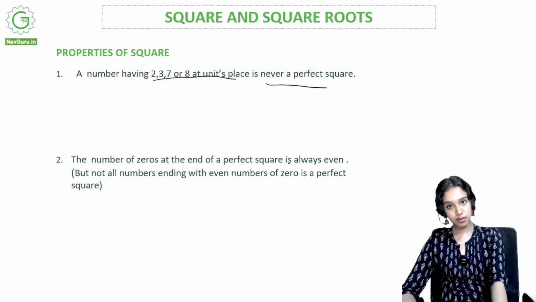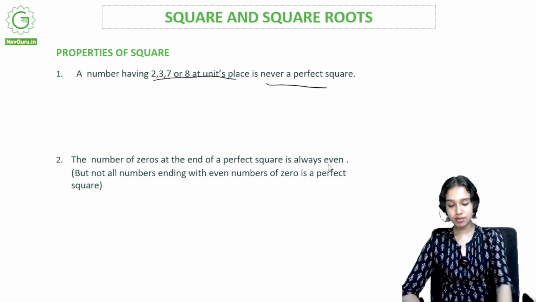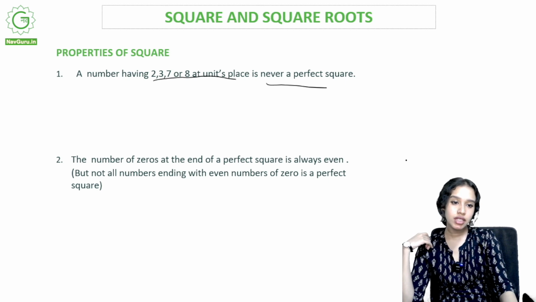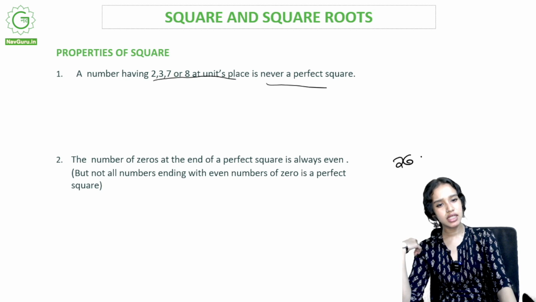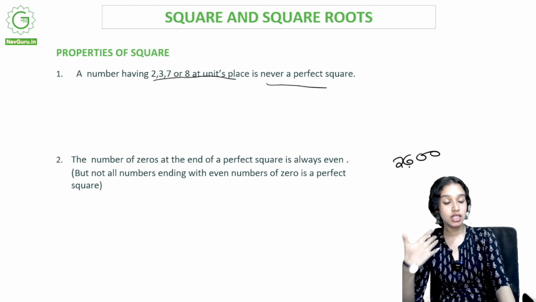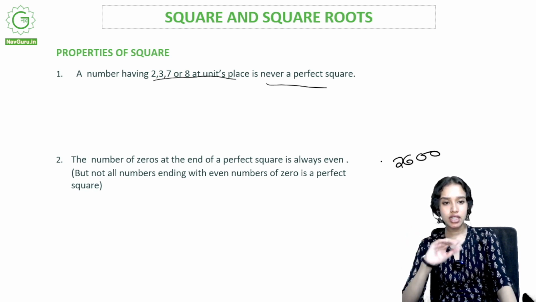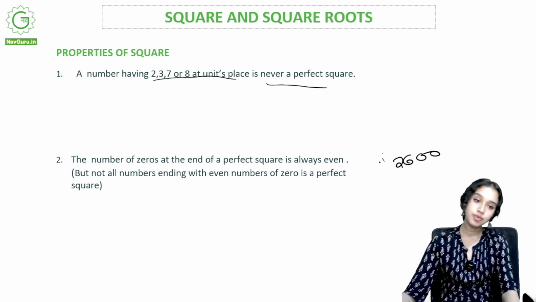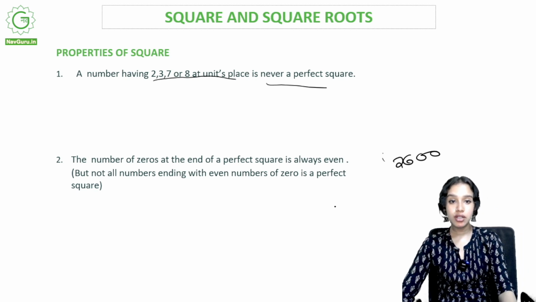never a perfect square. The number of zeros at the end of a perfect square is always even. For example, I am taking a number like 2600. Is it a perfect square? How do we check it? Normally, we have different methods to check whether a number is a perfect square or not, which will be explained in the lesson later. But right now, we have a property of squares saying that,